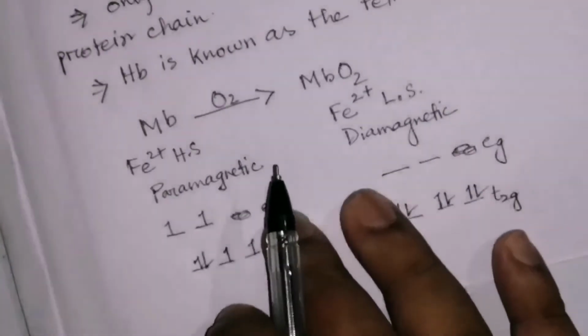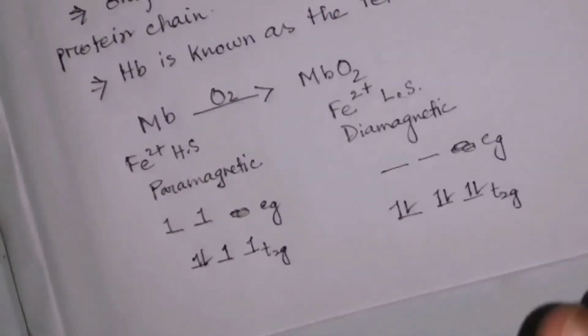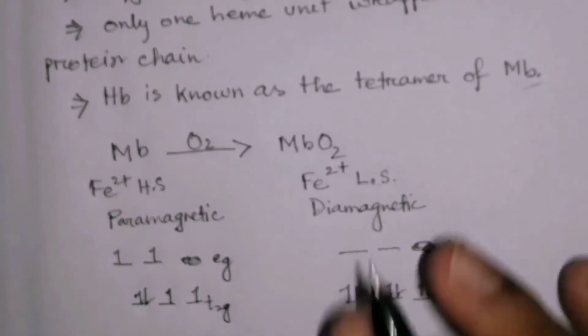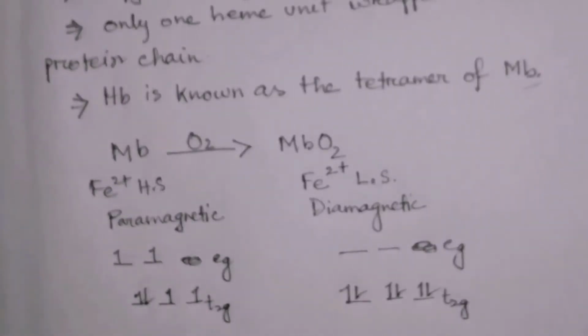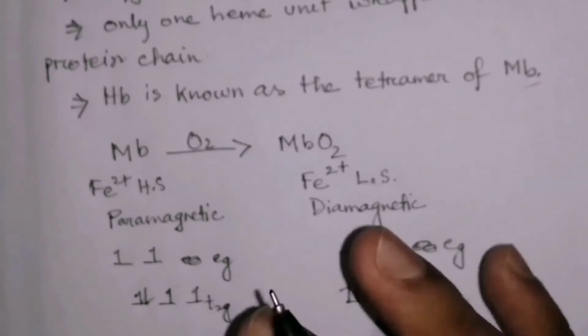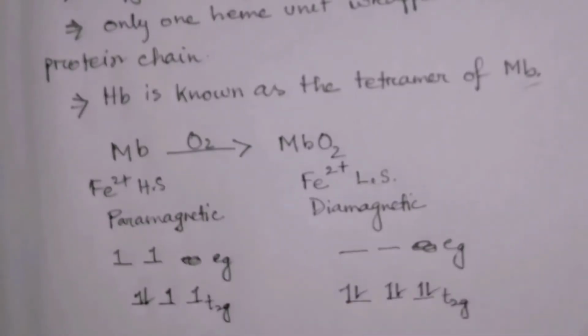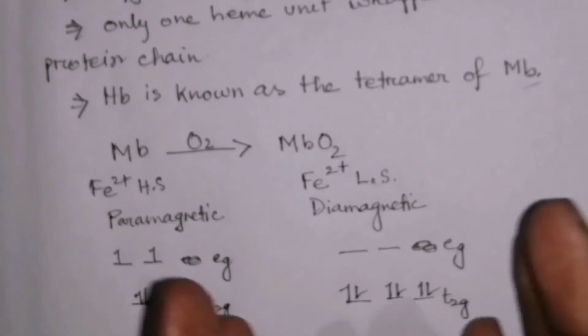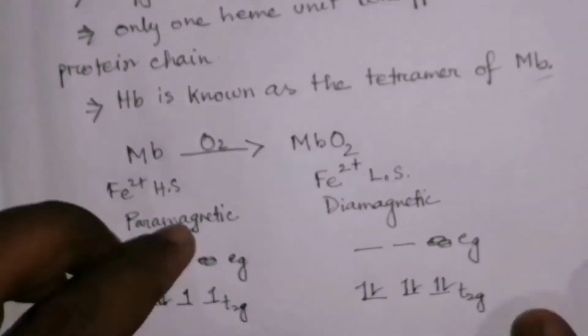And this similar concept is also applicable in case of hemoglobin, but in the hemoglobin video I had told that when hemoglobin combines with oxygen, the Fe2+ center gets converted to Fe3+, but that was my mistake. After oxygenation, the iron center remains in the same oxidation state, only the Fe2+ center converts from high spin to low spin.